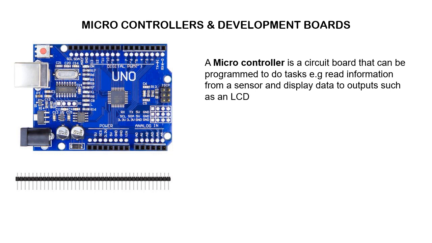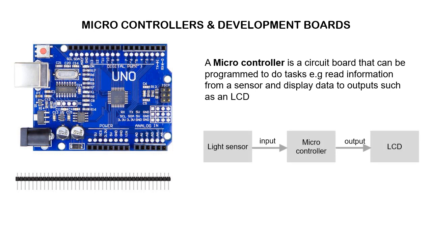And another function of the microcontroller is that it can use the data that it obtains from sensors to control devices. So using the same example, we have a light sensor, we've connected it to our microcontroller board, and we're getting an output saying that the room is well lit or the room is dark. Then we can add on to the system another function that says that if the room is dark, then the microcontroller should activate a relay to switch on the lights in the room. And that's how we can use a microcontroller to control a device, so it can turn off and turn on lights based on the